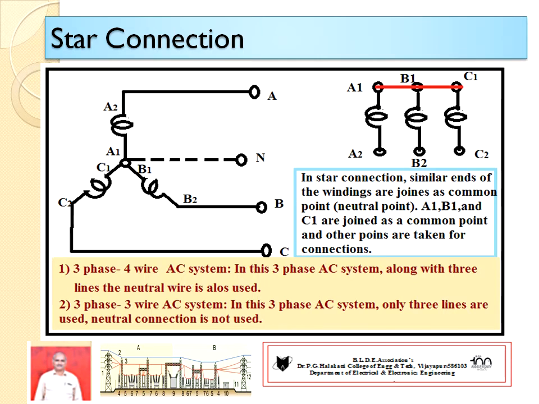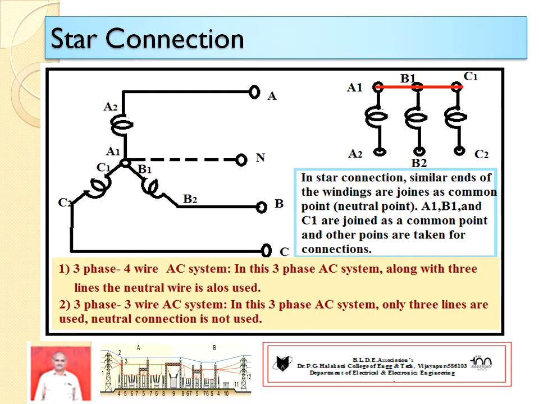Before going to that, consider that 3 windings or 3 coils are there. A1, A2 is one coil, B1, B2 another coil, C1, C2 another coil. Please observe the logic diagram. A1 is the starting point, A2 is the finishing point. Similarly, B1 is the starting point, B2 is the finishing point, and C1 is the starting point, C2 is the finishing point. The star connection is one in which the similar ends of the windings are joined to form a common point, or star point, or neutral point.